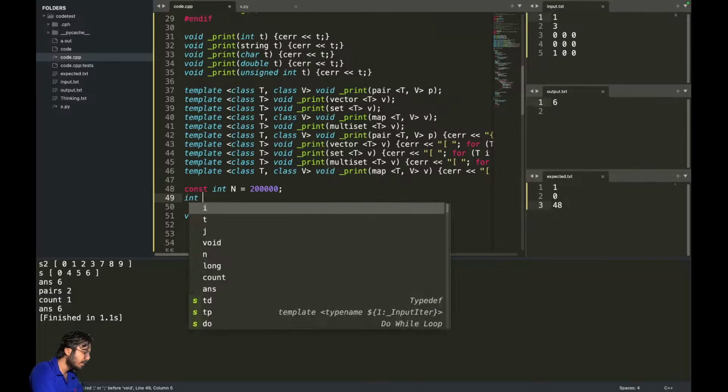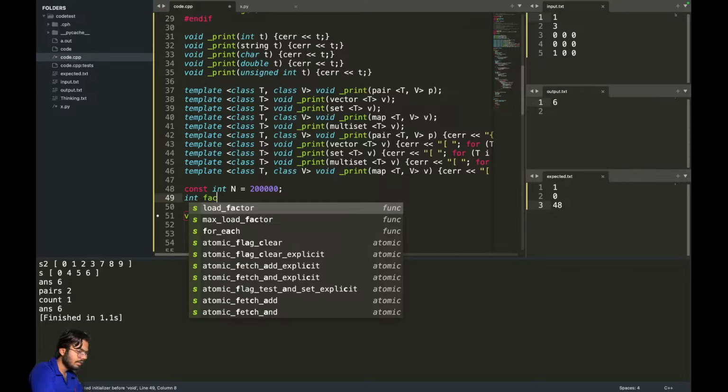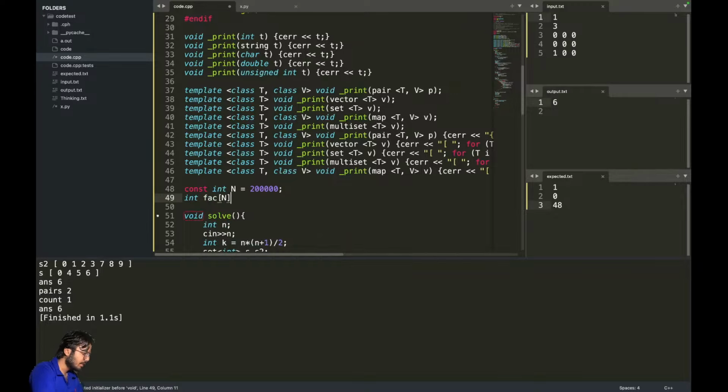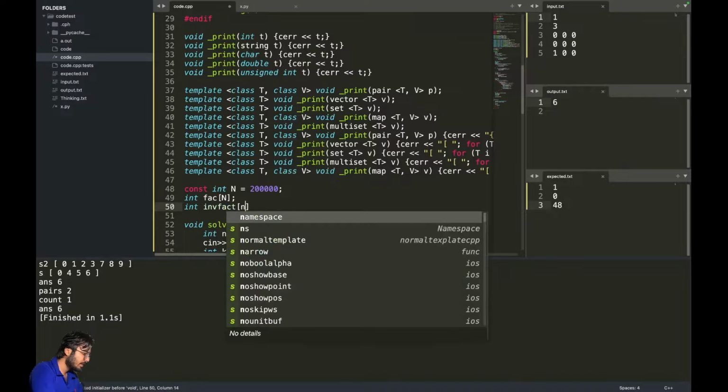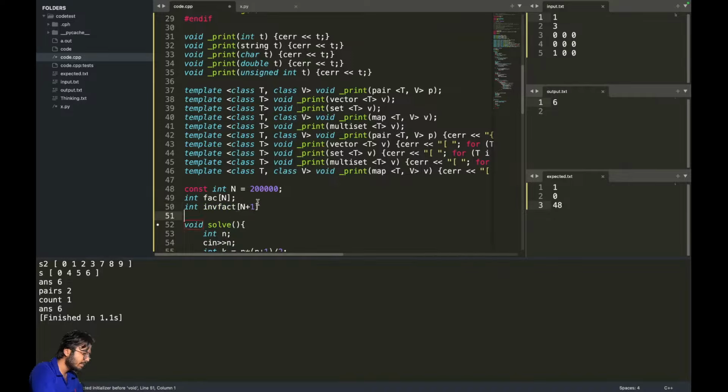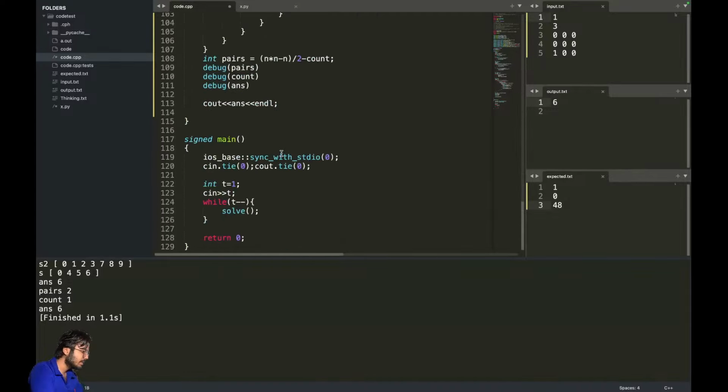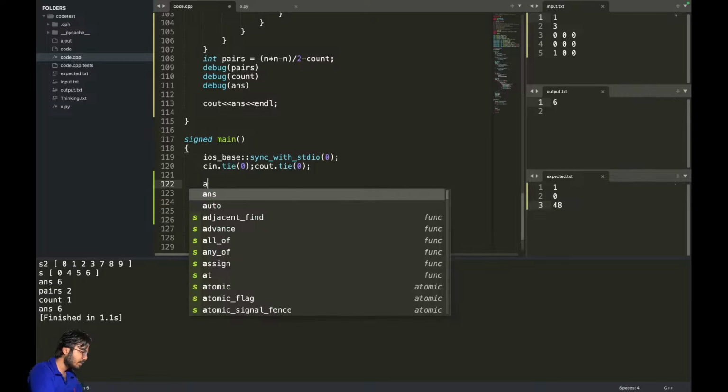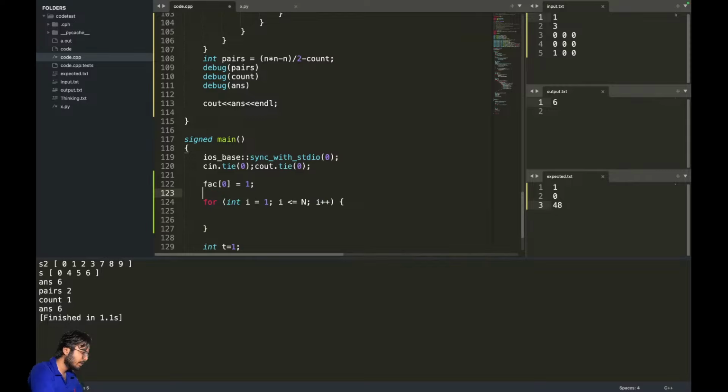Let's say int factorial of this number is n, and inverse factorial of n plus 1. Actually, let's go till n plus 1, and then I have to calculate for all these numbers. So let's go for I in range 1 to capital N, and let's say factorial of 0 is equals to 1, and inverse factorial of 0 is equals to,